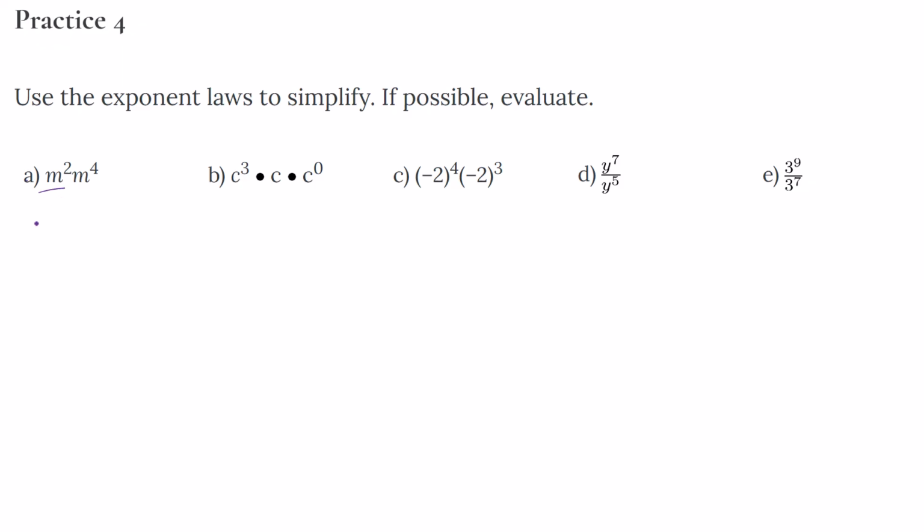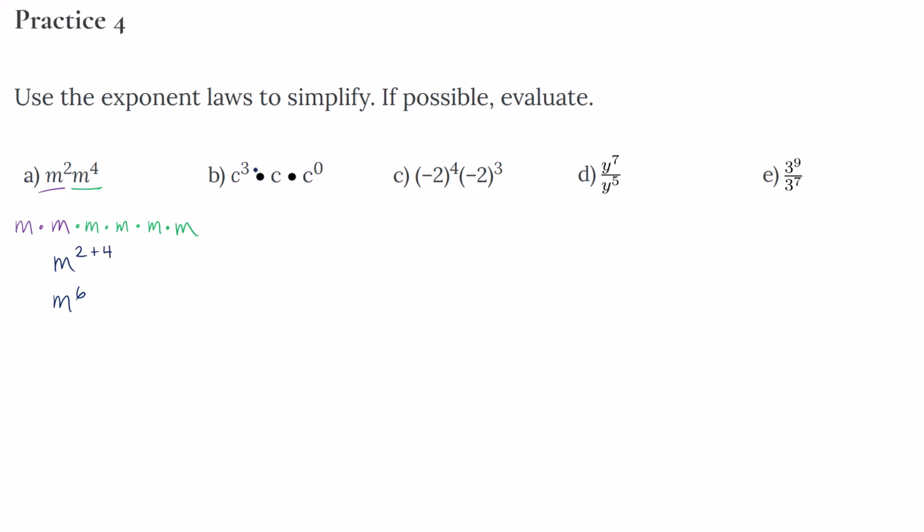So m to the power of 2 we could write as m multiplied by m. M to the power of 4 would be m multiplied by itself 4 times. And now because we have m multiplied by itself 6 times, we could write that as m to the power of 6. A quicker way to do this question is to use the product law, which basically states if you have two powers with the same base, you can add the exponents. So in this case, we could go m to the power of 2 plus 4,